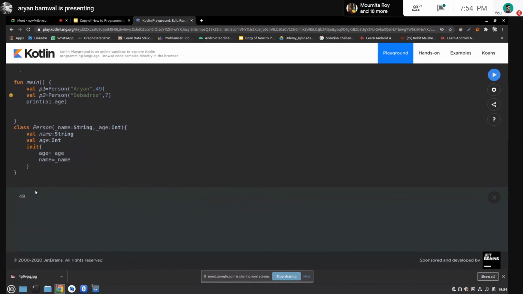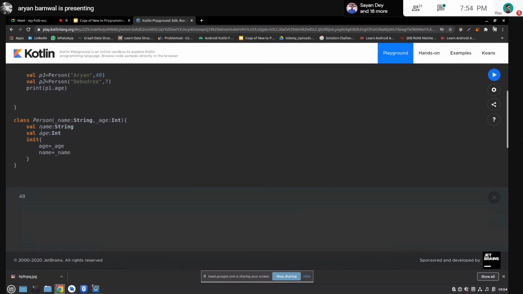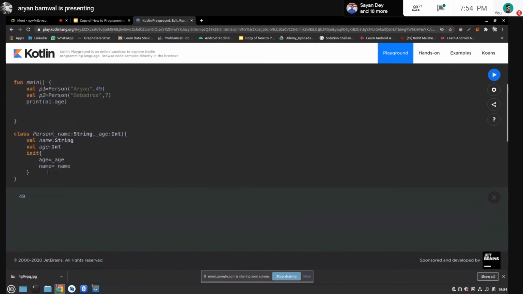Okay, 49. This is showing my age of p1. So p1 is a person which has a name of Aryan and an age of 49. Okay, so a class is like a blueprint, and you can collect some data in a systemized way. The OOPS concepts are the backbone of any development, be it web development or Android. So I think this is everything for the OOPS concept you need for the Android jam.